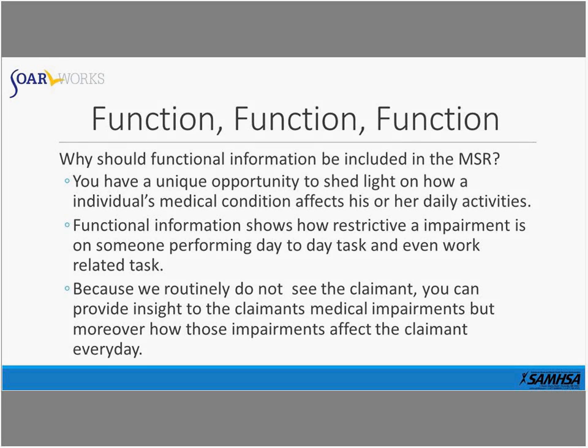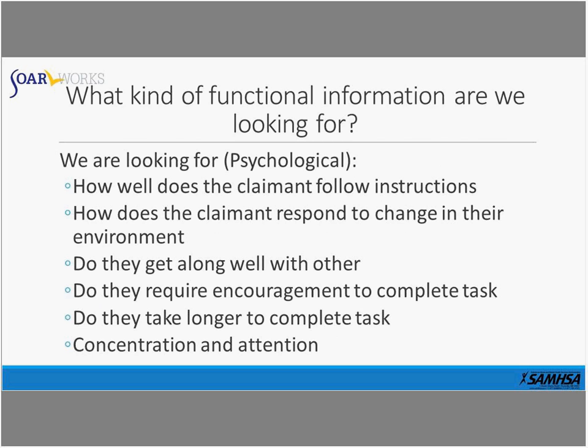So it's very important that function is given. We've talked about the things that we're looking at function-wise, but psychologically we're looking at is the claimant able to follow instructions? Does the claimant respond well to changes in their environment? With mental conditions, some claimants have a very hard time when their routine is off or when routine is changed. And so we need to know how someone reacts to that, because we look at that in terms of work-related activities,